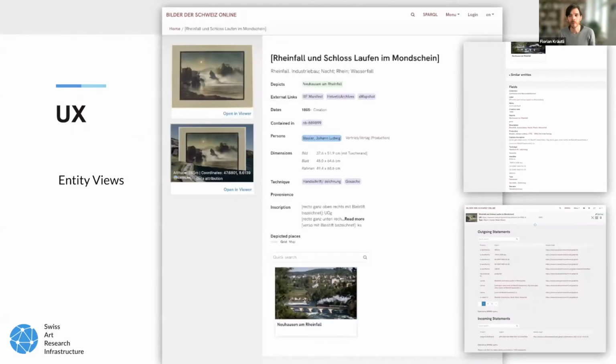So one thing we focused on is the user experience and how we display the data on the research platform. Now, this is meant as a platform for art historical research, so for professional researchers, but we wanted to make it also accessible for the general public. And so therefore we gave quite some thought to how to display this data. As you might know, the graph data can be quite complex. So we wanted to narrow this onto a more readable projection,